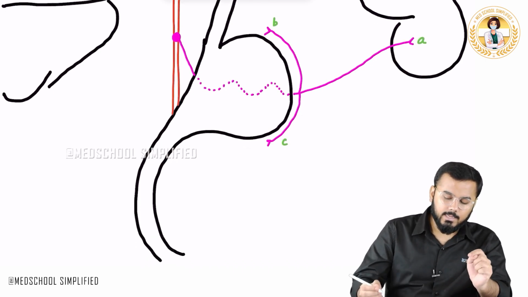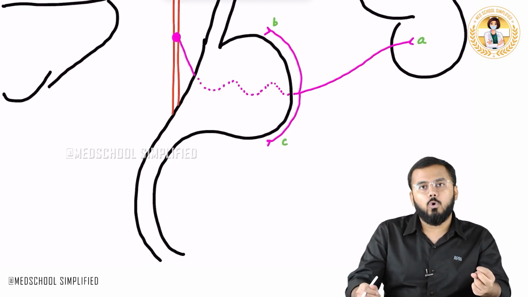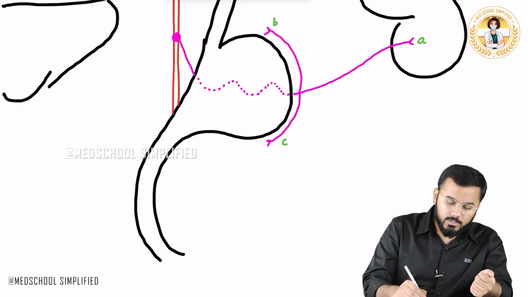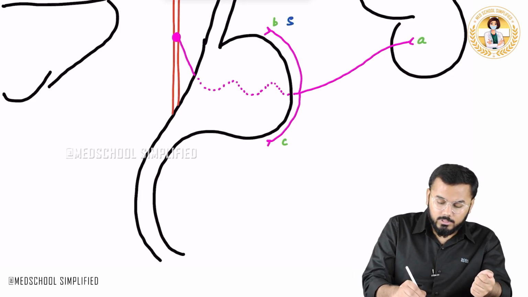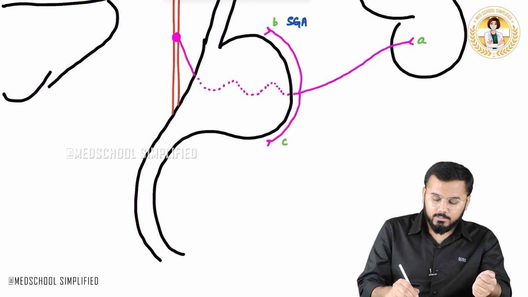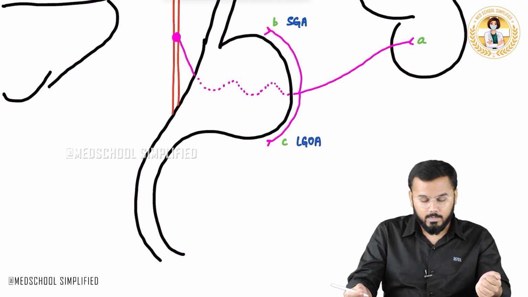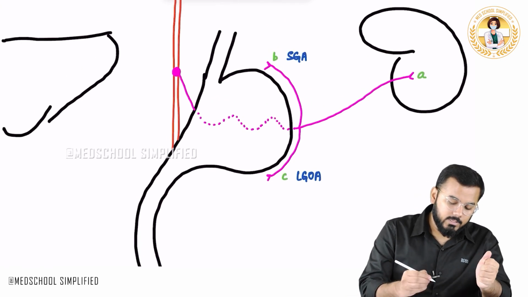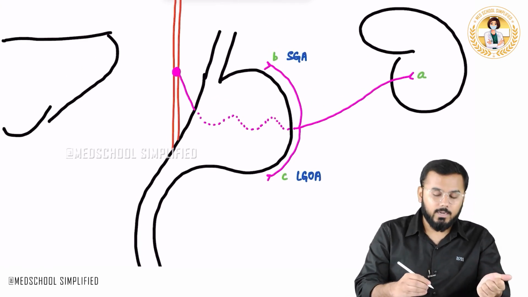Next, this C here is called the left gastro-omental artery. Okay, so what is this? This is called the short gastric artery. This is called the left gastro-omental artery. Next, from the celiac trunk itself, we have another branch